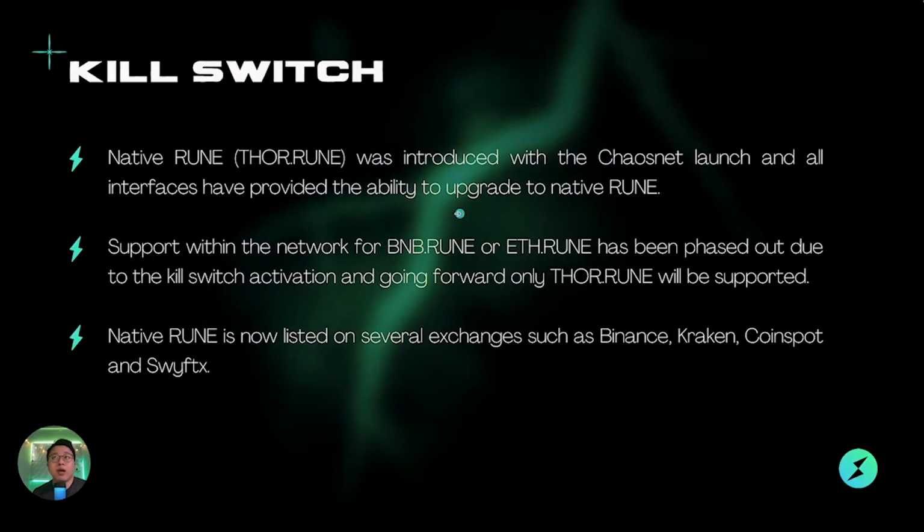Note that native RUNE is already listed on several exchanges like Binance, Kraken, CoinSpot, and SwiftX. So you don't have to worry about having your native RUNE stuck in your wallet and can't sell it on a centralized exchange. Just to give a bit more information on the kill switch, it's going to be a 1-year